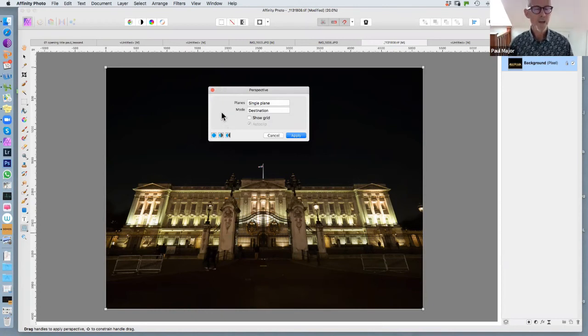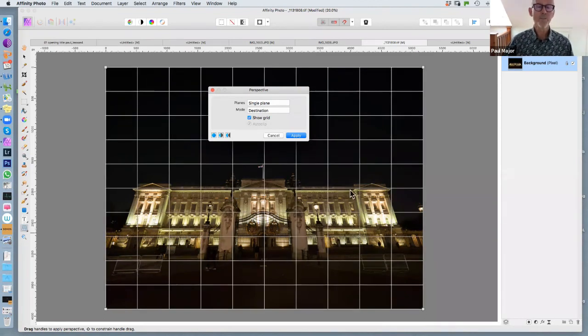What you can do with this panel, I always click show grid. The default on my system is don't show the grid. So click on that, and that will give you the right angle grid that will help you to get your perspectives straight. Now, you'll see that you've got a mode box here. And if you click on that, you've got two choices. You've got source and you've got destination. To start with, click on source,